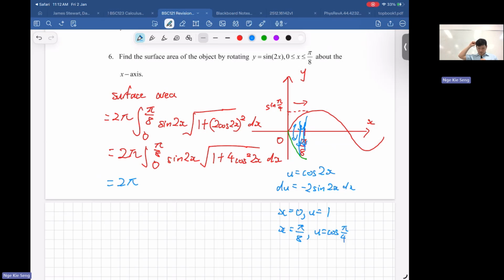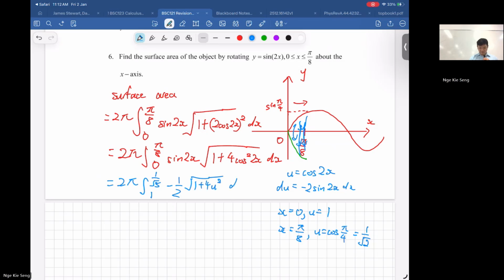Do we know what is cos pi over 4? Cos 45. 1 over square root 2. Half square root 2, is it? Wait, I mean 1 over square root 2. Is it? Cos 45. Yeah. So you get the minus 2. Yeah. So this one is a square root 1 plus